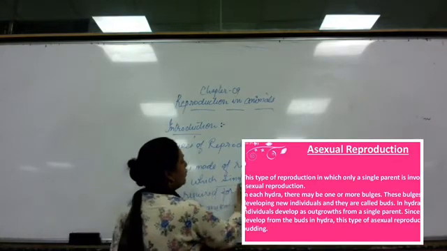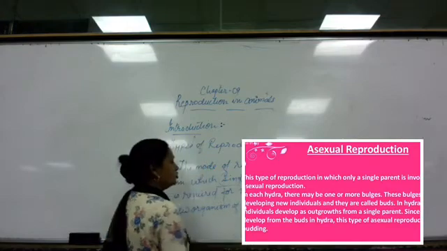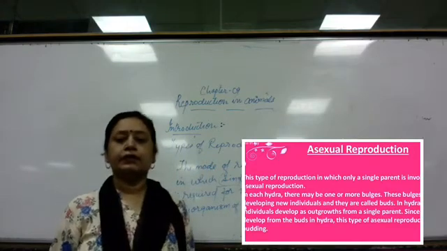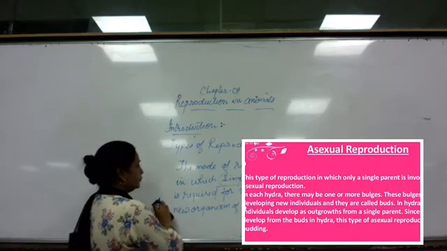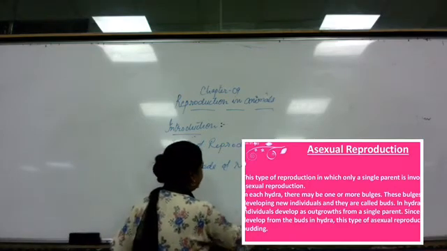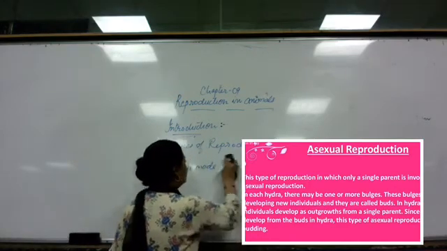Only a single parent takes part in this process, that is asexual reproduction. The first type of asexual reproduction is